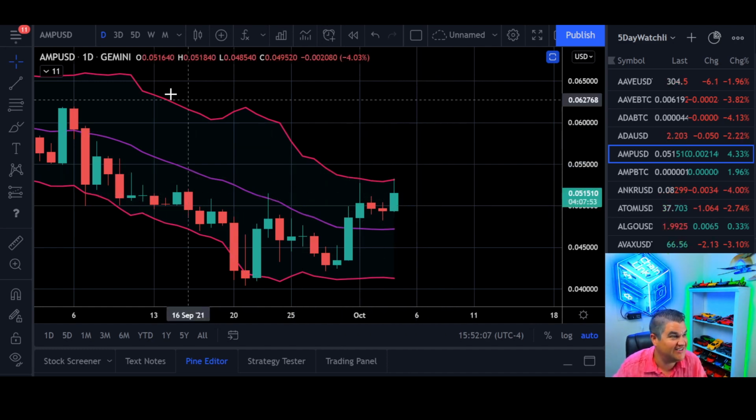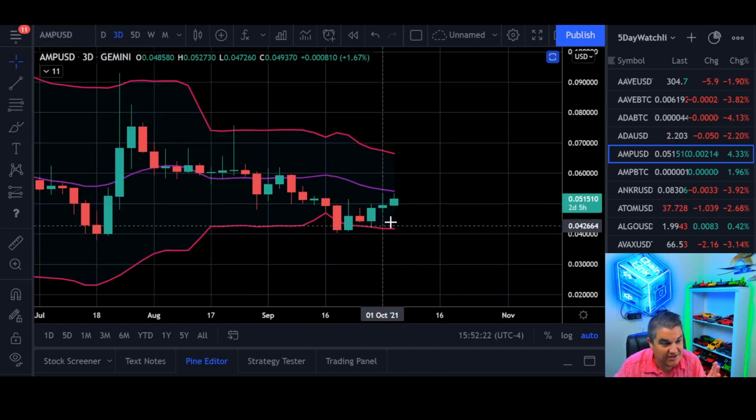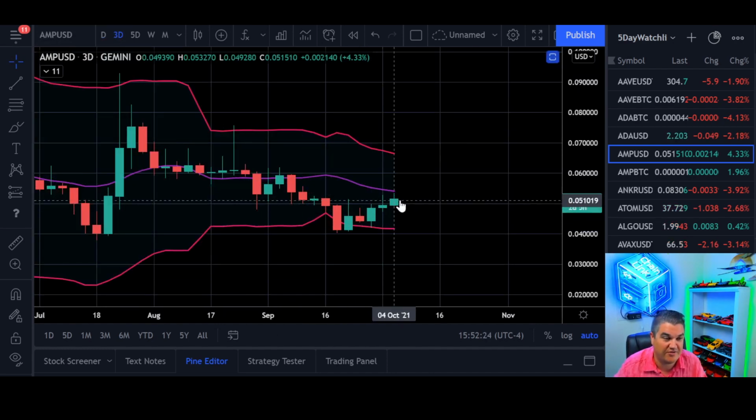What is the bad? Well, as you go up in time frames, you generally want the bigger time frames to look better than the shorter time frames for a macro trend. You want to invest for the long term and not so much the day-to-day. So the daily looks okay. However, as we go up in time frame, you can see where we are now, right? So now we're below it on a 3-day.